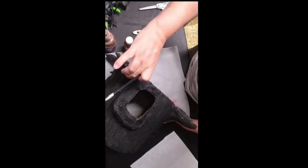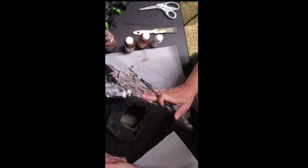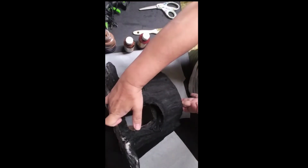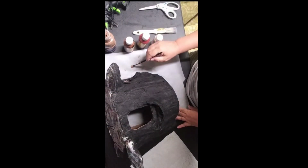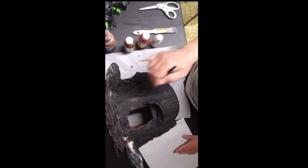Let me tip this up so you guys can see it. The inside is still a little wet, but not horrible. So basically pulling it